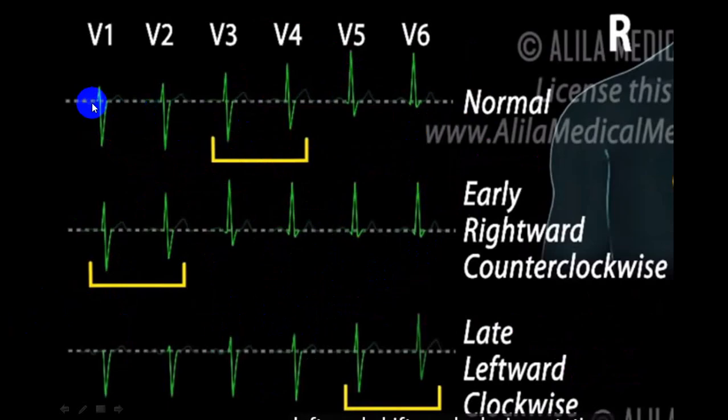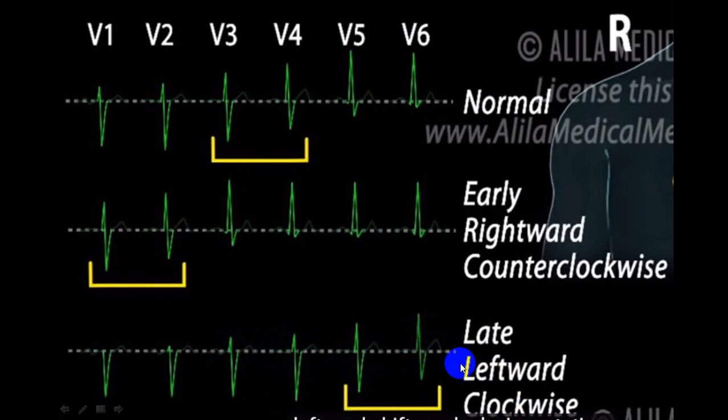Now if you see here, the R wave progresses from V1 slowly and gradually increases. This we call normal, and the transition zone is either in V3 or in V4. But if you get R wave equal to S wave in V1 or V2, we call it early transition zone, or rightward shift, or counterclockwise. And if there is no R wave in V1, V2, and slowly there is a small R wave in V3, V4, and the transition zone is in V5, V6, we call it late, leftward or